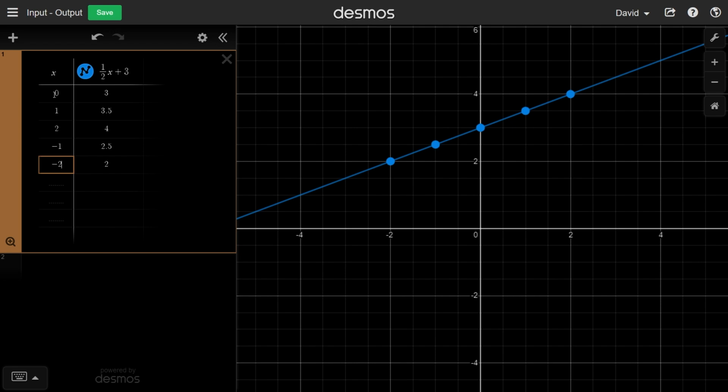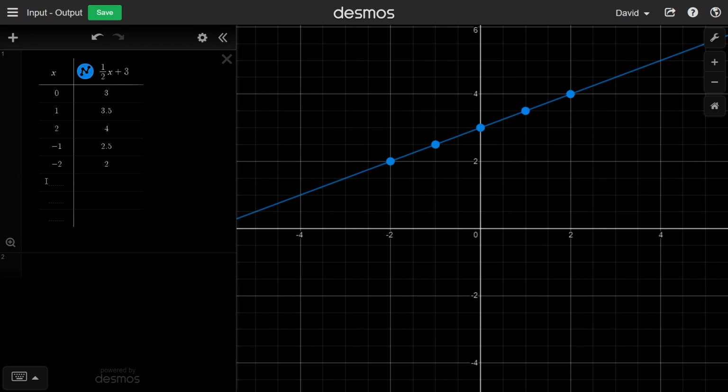So you can see I chose my values for x. Each value of x is returning only a single output, and they're falling on this graph just fine. And we can also look, remember x is our domain. So if I look along the x-axis, and I notice that for every value along the x-axis, I can trace this up and find only one point on the graph for that value of x. In this case, we chose these specific values, where these points are -2, 2, -1, 2.5, 0, 3, 1, 3.5, and 2, 4. But I could come out here to 4, and I can trace that up as well to this point here,